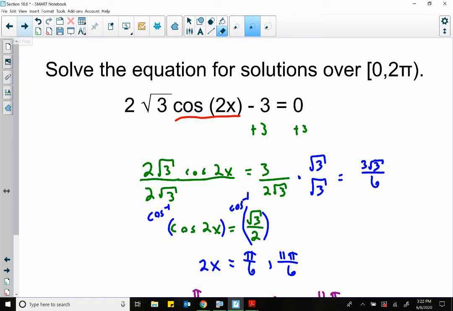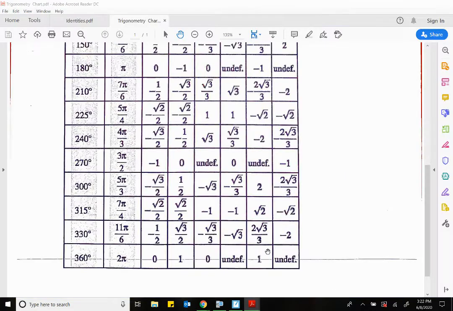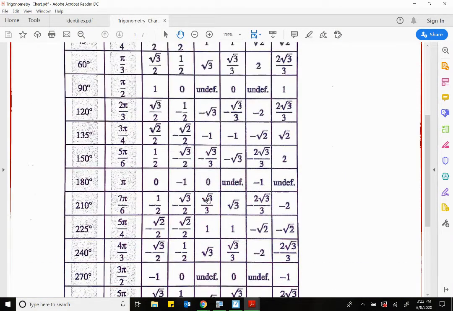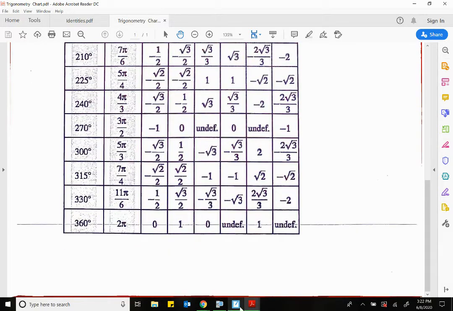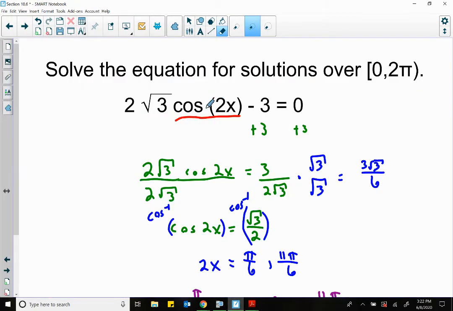If I can work with it as the double angle, it's better. If you actually changed this, I don't think you would get any answers that would have actually fallen on this because we don't have any pi over 12s and things like that on this. So if you actually change this to sines or cosines, I don't think you would have found the correct answers in the end. But give it a shot. Let me know. I always like to be proven wrong. But I think you would have had a little bit more work to do on this had you changed this